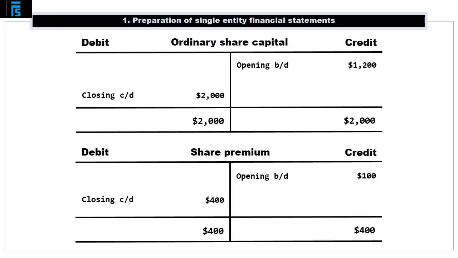We are told that during the year the company conducted a bonus issue, which is effectively a free issue of newly created shares to existing shareholders. The 1-to-3 ratio provided in the scenario means that for each 3 shares already held, shareholders received an extra or bonus share for free. Prior to the issue, the number of shares outstanding was 1,200, a fact which may simply be derived by looking at the opening balance of the €1 share capital account, where the €1 reflects the nominal value of each share.